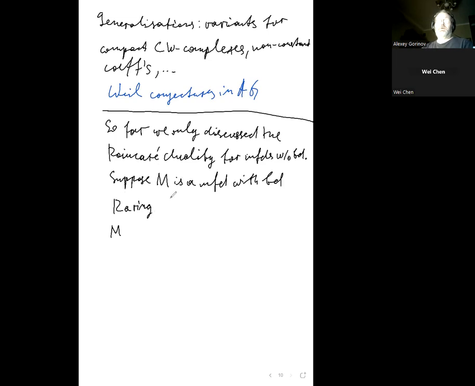Let's assume that M is compact and connected. M is R-orientable if and only if